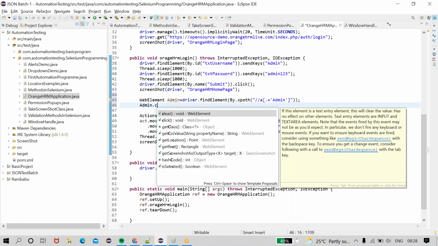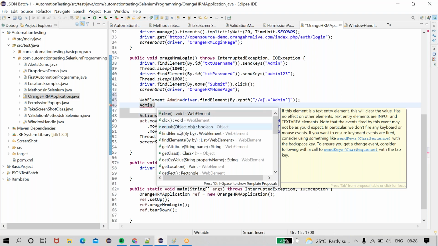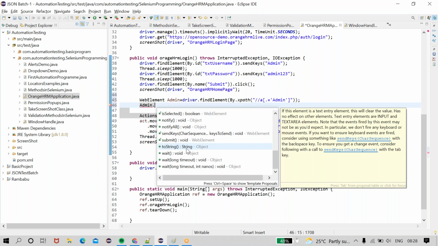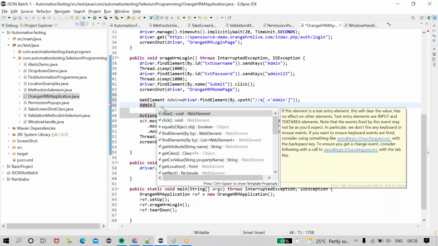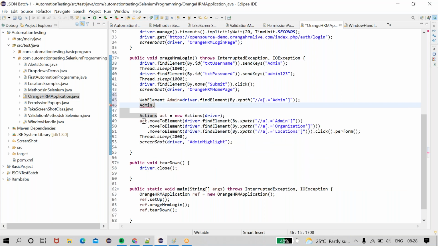Admin dot click, we can do clear. See, we can perform clear operation, click operation, or we can perform all the methods which are inside this: toString, submit, notifyAll, isSelected, isEnabled. These methods we can perform with the help of this find element. Whereas in the actions class, we can perform keyboard operations.